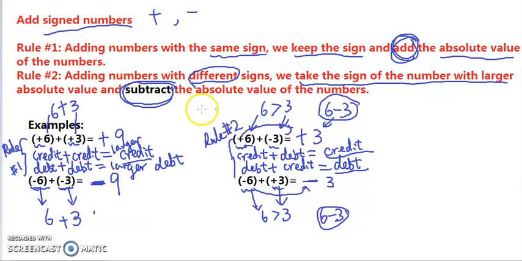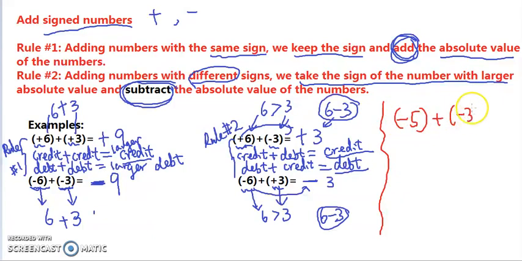Okay, so you can remember the rules, or if you forget the rules, you can use a real life example, credit and debt, to help you to remember what sign we should take and if we should add or subtract the numbers. Now next we're going to look at an example with 3 numbers. If we add 3 signed numbers, so negative 5 plus negative 3 plus positive 7. Okay, so if we follow the order from the left to right, we're gonna add these 2 numbers,